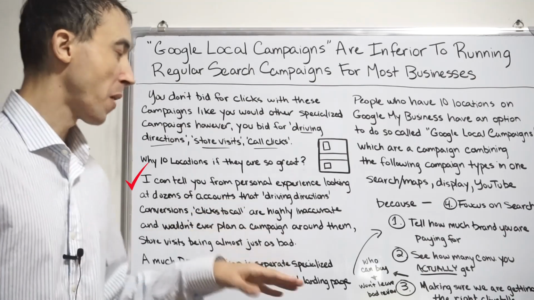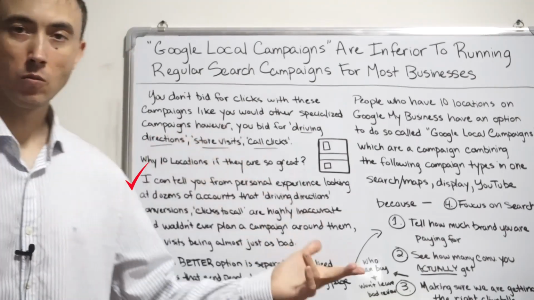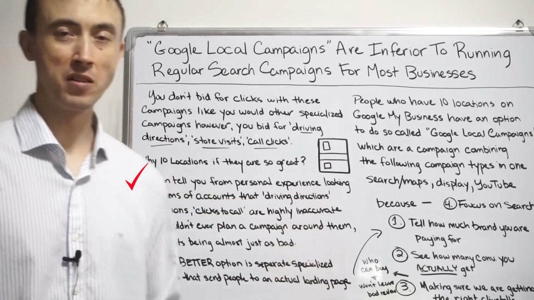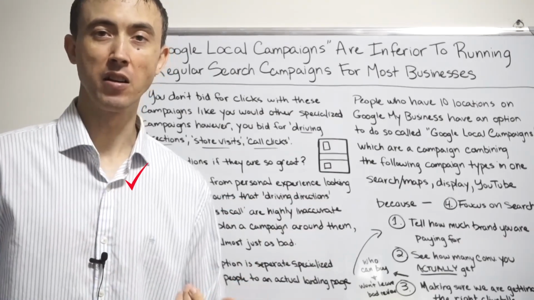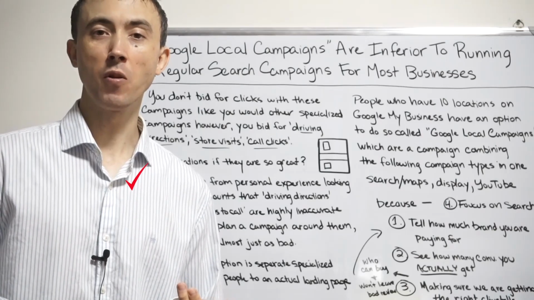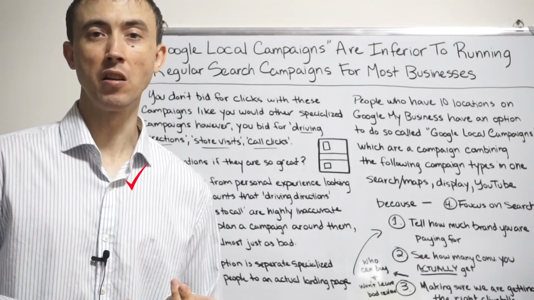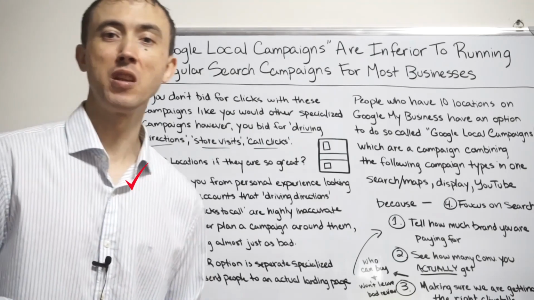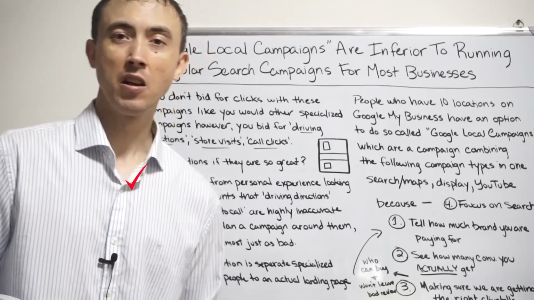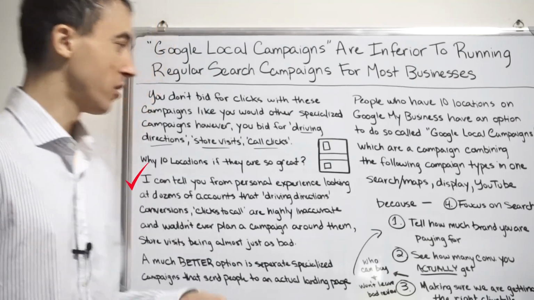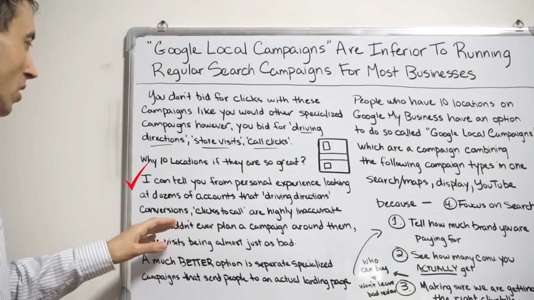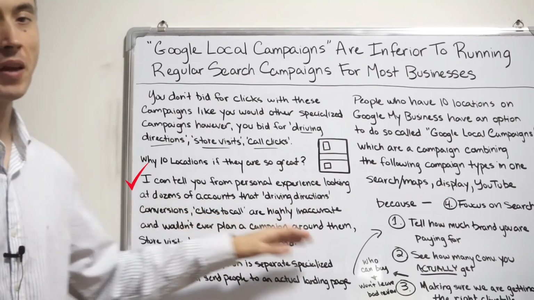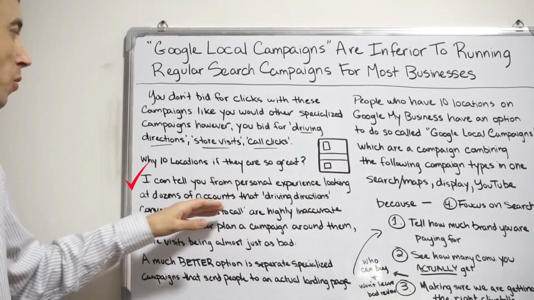So respectively, what you're paying for, i.e. a click on a driving directions button, A, may not even be accurate. B, of the people you're paying for, it's probably firmly diluted with people that don't actually come to your store. So the cost is inflated for what you actually get. We'll just say that. So me myself, I'm not gonna basically plan a campaign around bidding for people on this